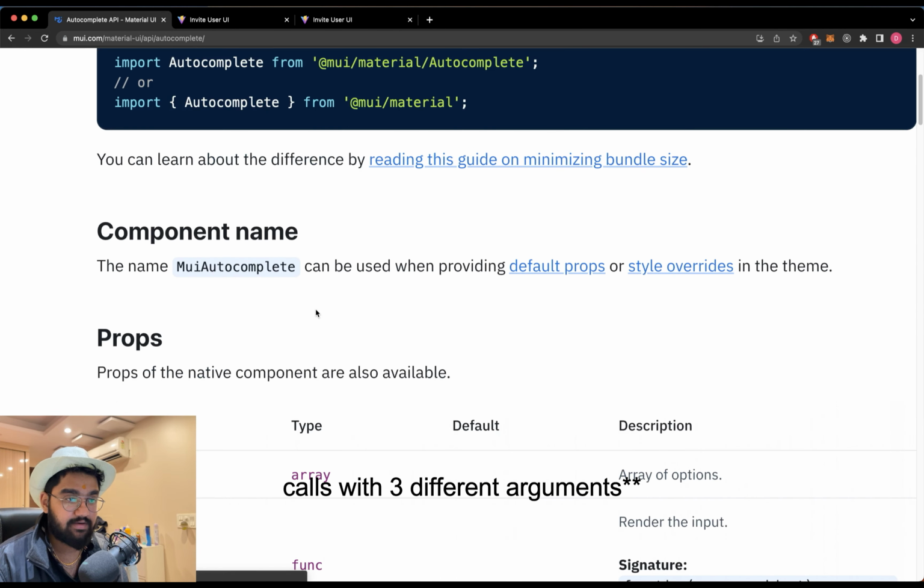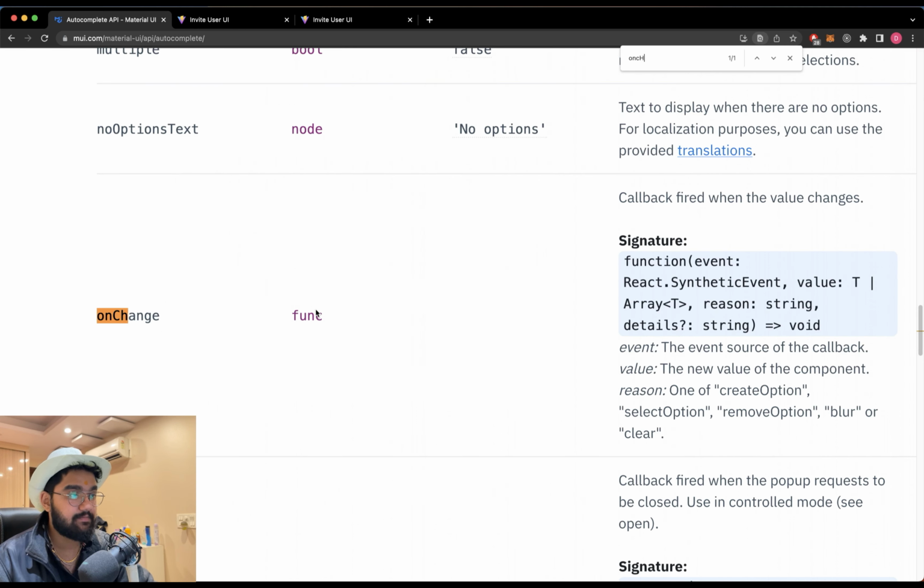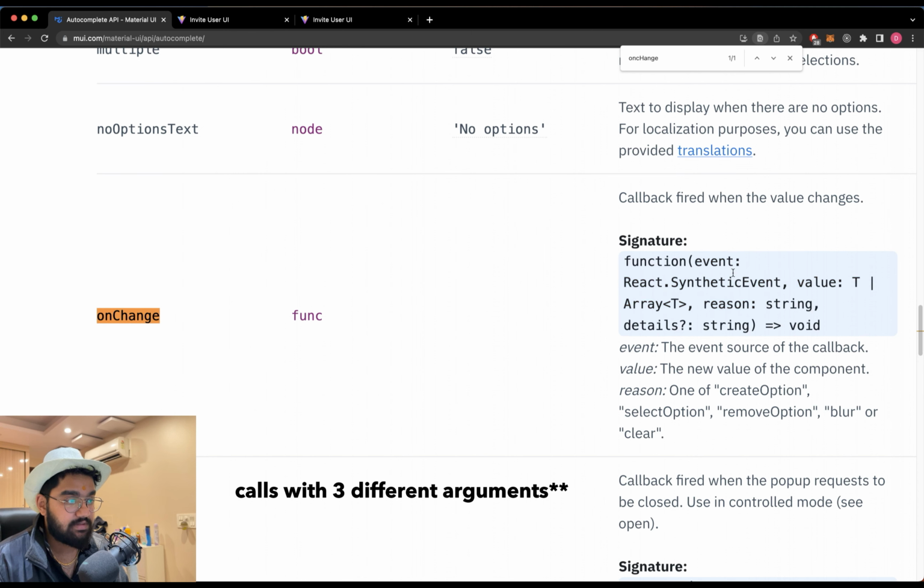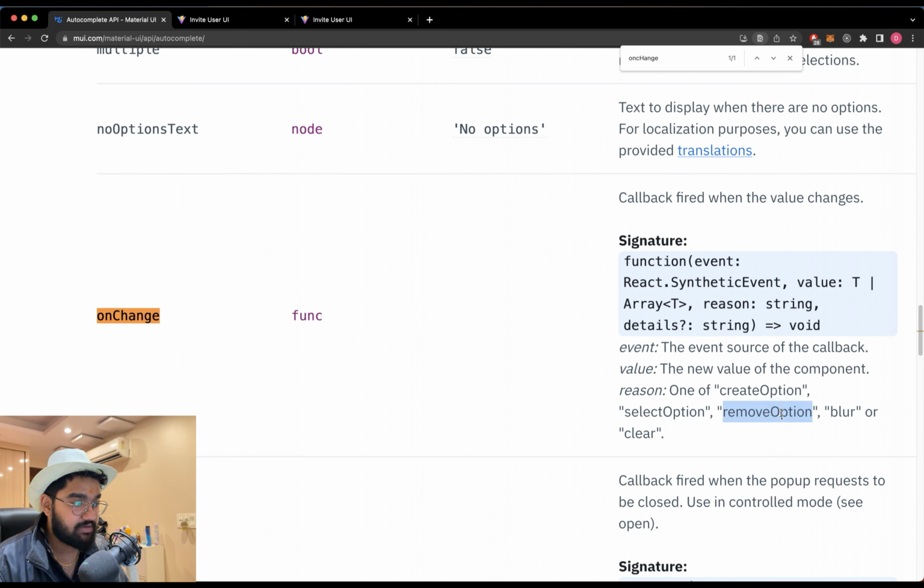So let's actually take a look at that. Over here we have the on change. So it passes down 3 different props. The first one is the synthetic event, which we don't really need in this case. The other one is the value, and the last one is the reason. So the reason is actually the event which happened. So it could be any one of them. It could be select option, remove option, stuff like that. The one that we care about is select option, but still let's take a look at how it works